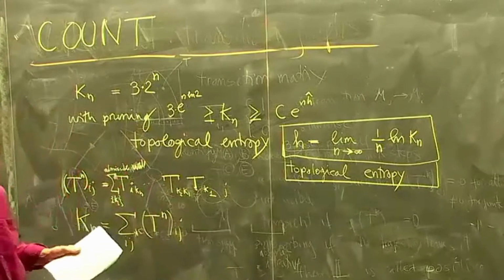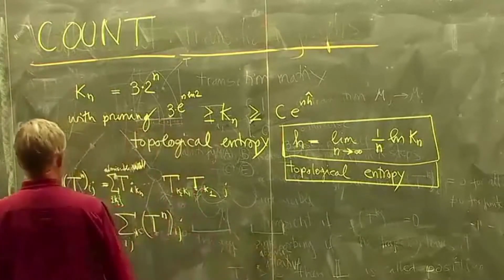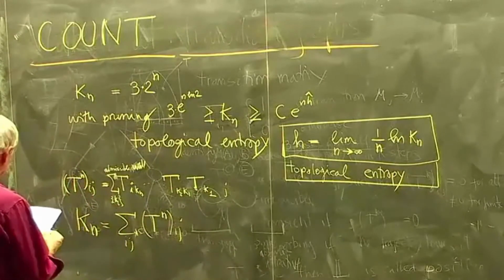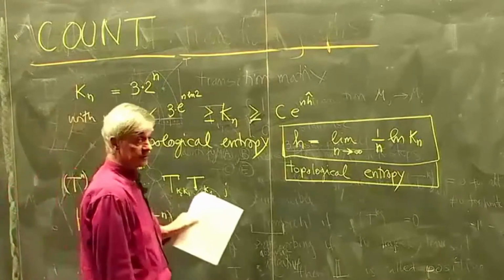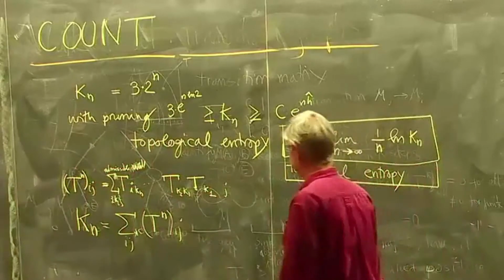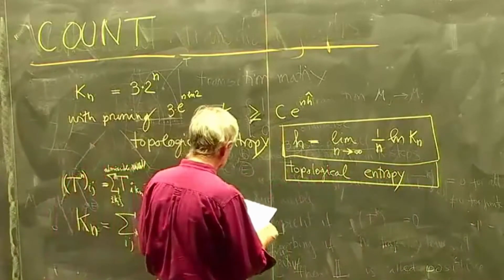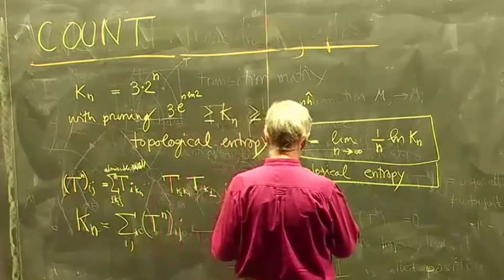So if I have a transition matrix in 1 step, I have an explicit formula for the transition matrix in n steps. So now, how do I use this? These are matrices. They have eigenvalues, and they have eigenvectors. So what I can write